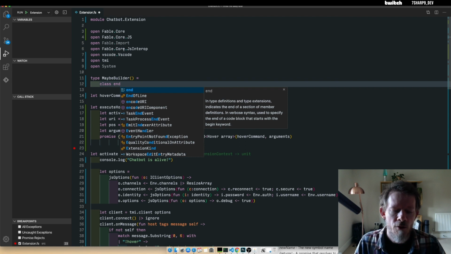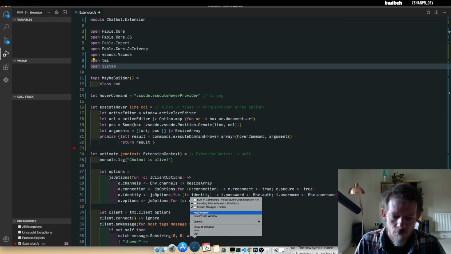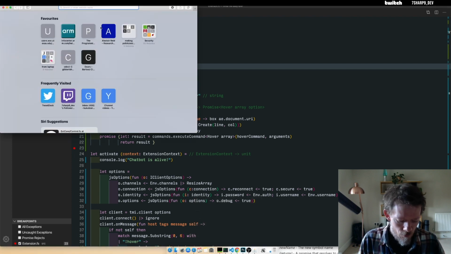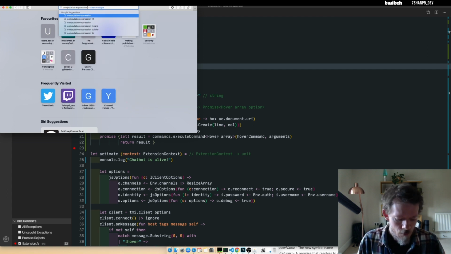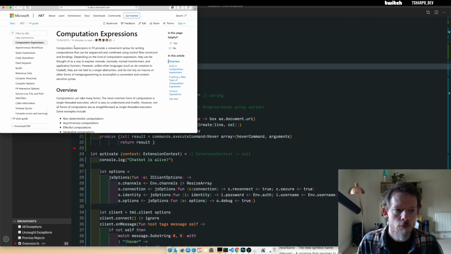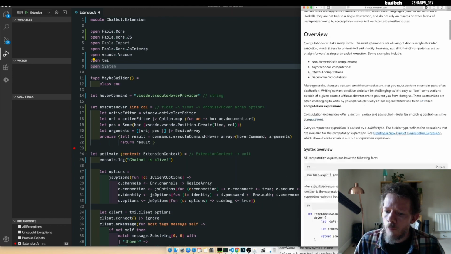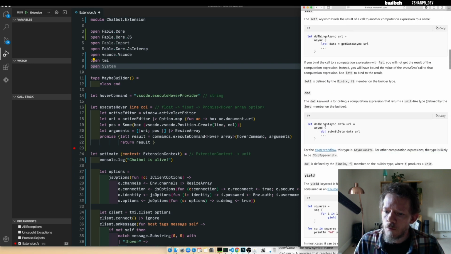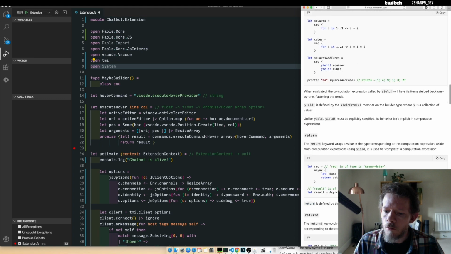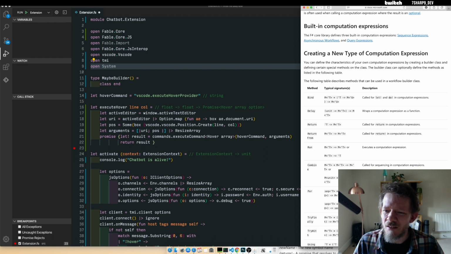That's the simplest possible implementation of a type, and I've kind of forgotten what exactly we need for this, so we'll get the docs for this and we'll show them on the side of the screen. Let's have a look, see what we kind of need for a minimal implementation. Probably just bind. Actually, we'll bring up